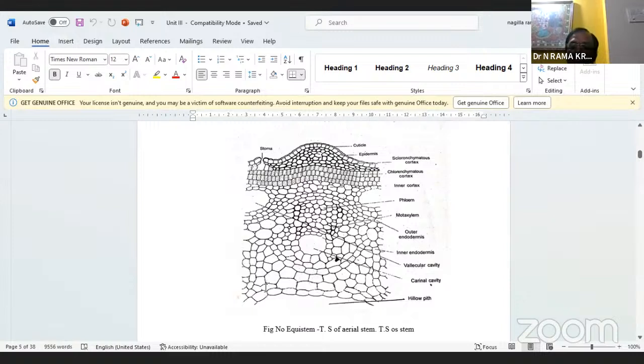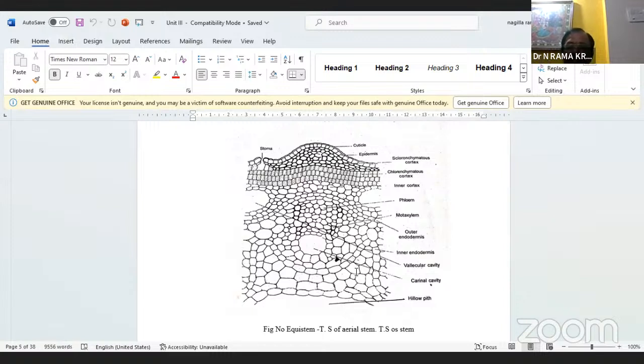And now you see here, these vascular bundles are collateral, conjoint and endarch. Cambium is absent. The phloem is well developed. The xylem is poorly developed,